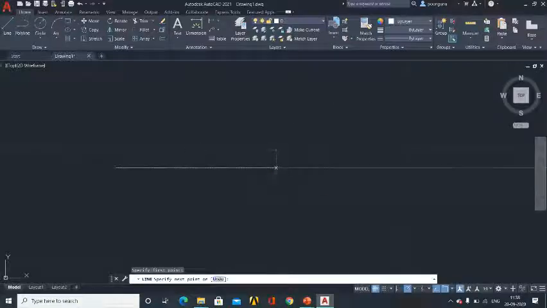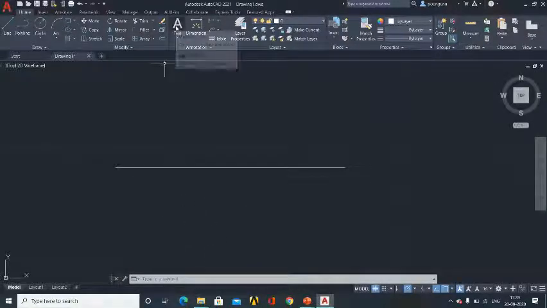Put an enter. So this is my 100 mm line, and you can see the command is repeating. To cancel that, you press escape. So I have drawn a line of length 100 mm. This is a reference line XY.